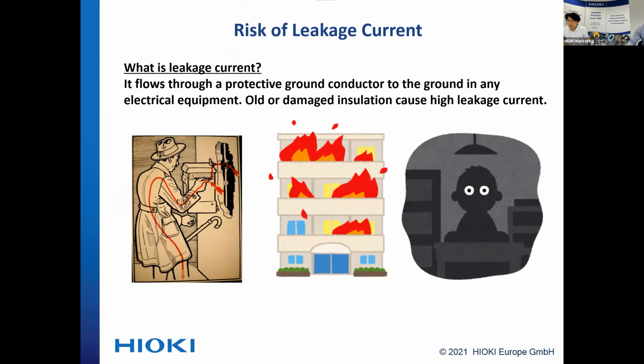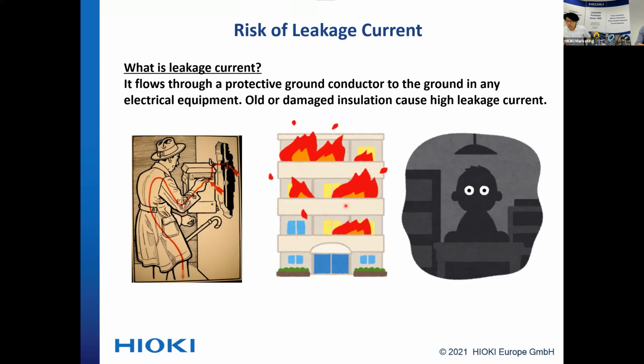However, if the equipment is not properly grounded or it has old or damaged insulation, high leakage current occurs in the system. In the worst case, this defective electrical system causes a huge problem, such as electrical shock and